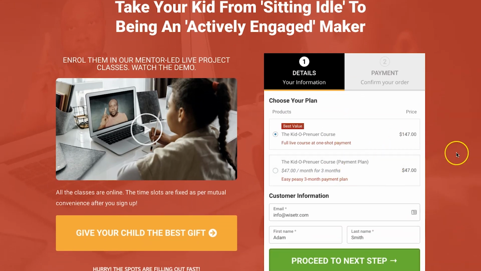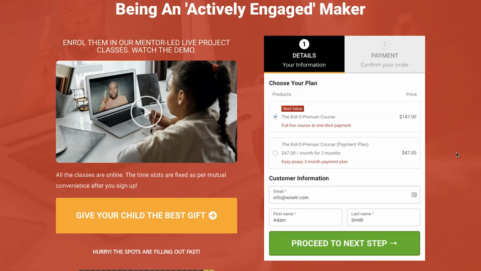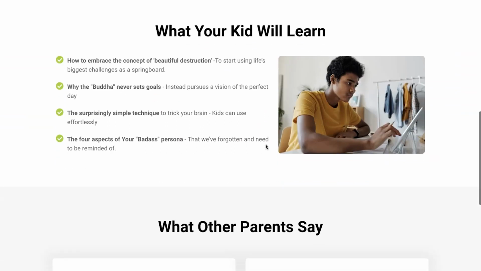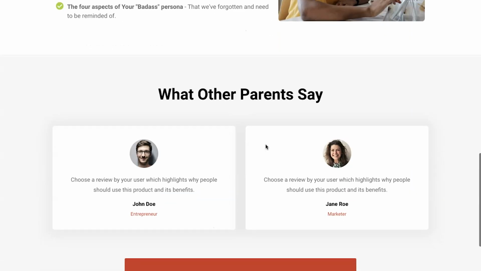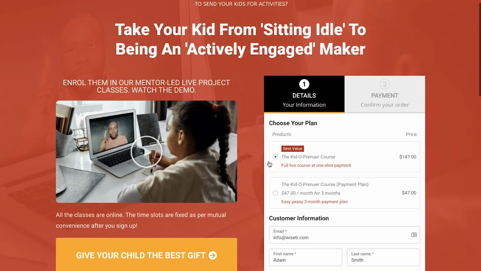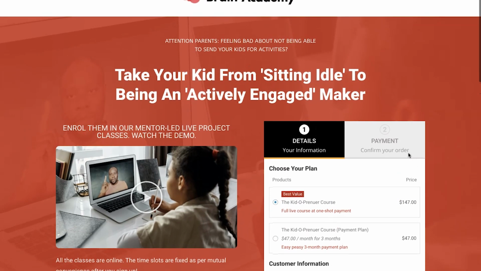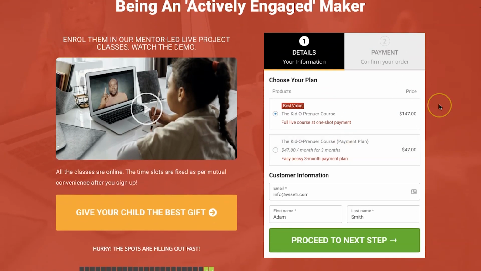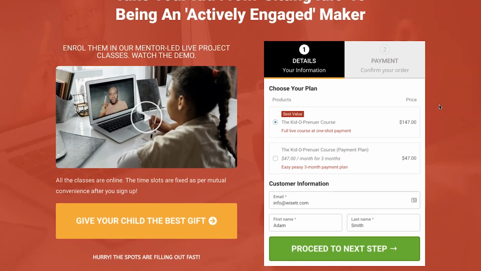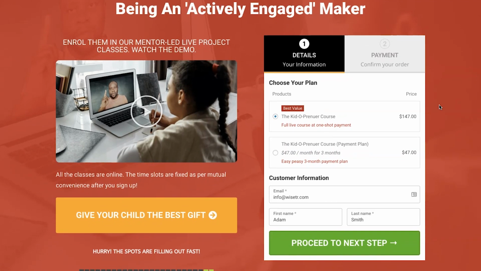On the right-hand side, you've got the checkout form here, which is built using the checkout form widget in Elementor, built by Arrow. More about that in just a bit. Then below the fold, you've got the bullets here, which sort of detail what they are getting through the product, what's part of the product. And then we've got some testimonials, the CTA button, and a footer. So let me now highlight the nuances of this checkout form right here, which is the most important part of the page because this is where people will be filling out their details to buy the offer.